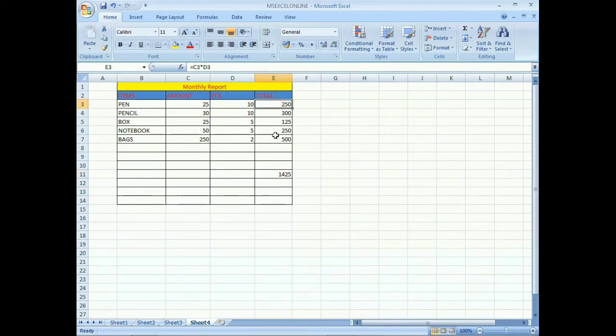And there is one more option you have. I want to use the formula only one time. After that I'll drag it. Move the mouse pointer onto the small rectangle at the bottom of this cell, then the mouse pointer changes into a plus sign, press the left mouse button and drag it. Now we can see we got the total of the values. Okay, so this is also a method. Using multiplication we can do calculation, right? That's it.